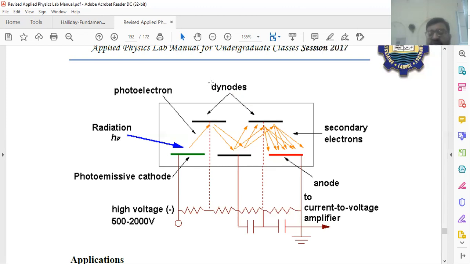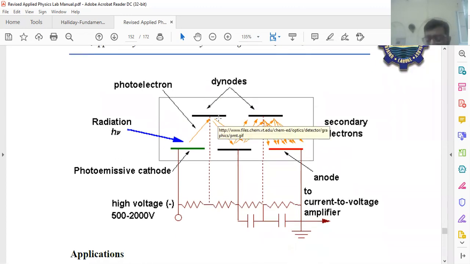And the function of the dynode: the electrodes which work simultaneously as a cathode and anode. This electrode material is an anode with respect to this one, but it was a cathode with respect to the next electrode. That is why these are known as dynode materials. So the efficiency of the photomultiplier tube also depends upon the number of dynodes being used in the circuit.